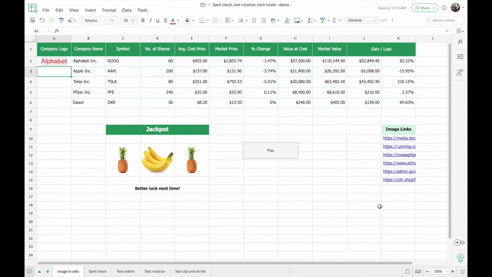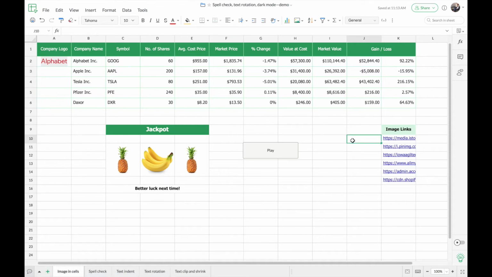So now that we have seen how we can use the image in cell option in order to insert the images within the cells, let's take a look at the image function and how that can be used in order to insert images. So here you can see that I have a small game that I've created in this spreadsheet here. So you can see three images here. I'll come to this game a little later. So now first we look at how we can use the image function in order to get the image contextually into the cells.